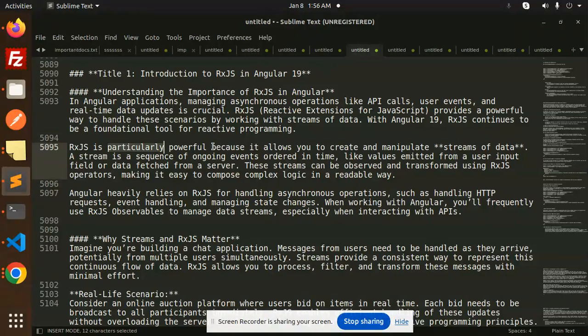RxJS is particularly powerful because it allows you to create and manipulate streams of data. A stream is a sequence of ongoing events ordered in time, like values emitted from a user input field or the data fetched from the server. These streams can be observed and then transformed using RxJS operators, which make it easy to compose complex logic in a